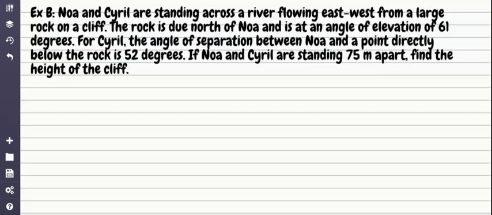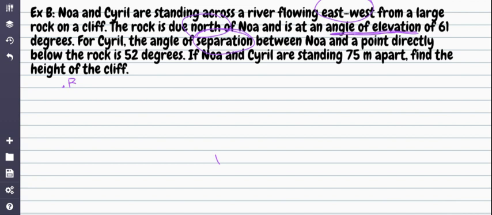So first of all, we've got angle of elevation, which means we're going up and down. That's a vertical measurement, right? But also we've got east, west, and north, and angle of separation. Those are all going to be horizontal, okay? Horizontal. So if you looked down from above, let's say the cliff is here, the rock is here. Here's my rock. And I'm looking from above, then the rock